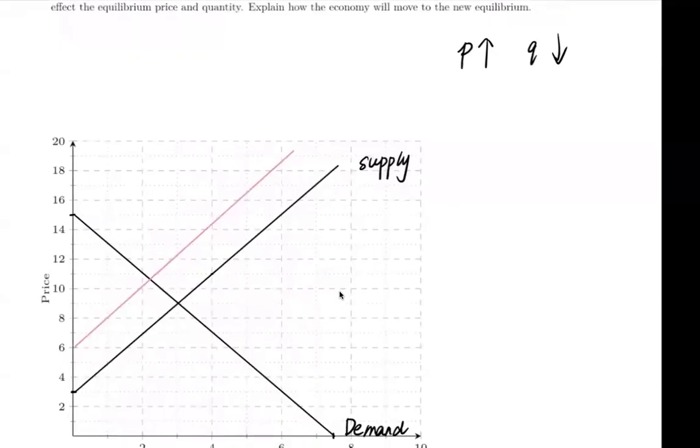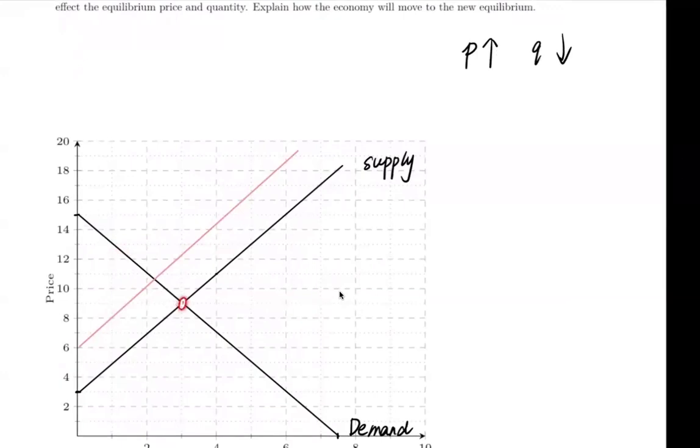Remember, the supply decreases means that at the same price, the quantity previously here will then be here. This is about the shifting to the left. Then previously, the equilibrium quantity is here, and now the equilibrium quantity is here. So we can see that the equilibrium quantity decreases, but the equilibrium price increases, which is a bad thing